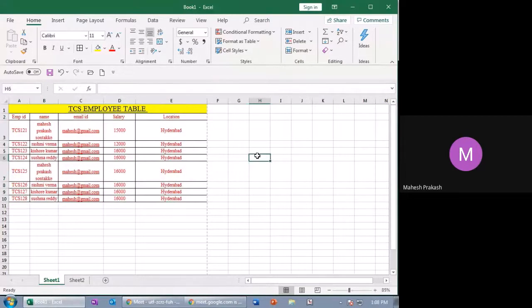So this is what you can do, but keep it as simple as possible, because Excel is for college purposes or something like that, you can make use of all the colors, but professionally you can make use of only three colors, that is red, black, and green and yellow. These are the only colors you are supposed to use as a professional, but it's up to you. You can use as many colors as you want.